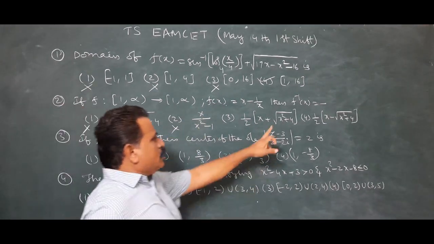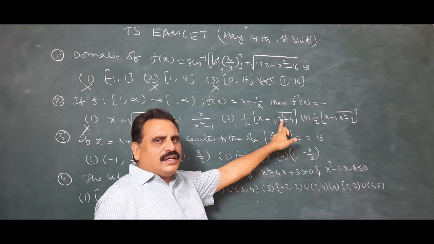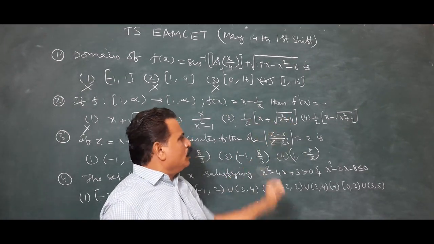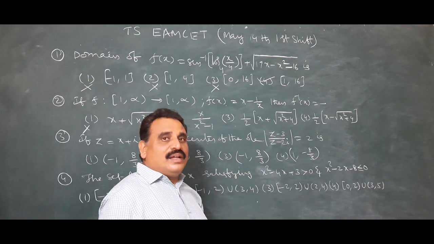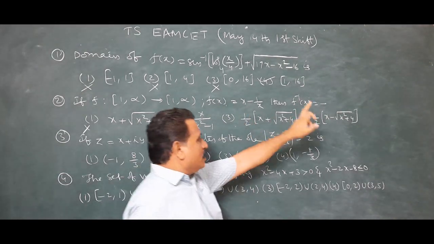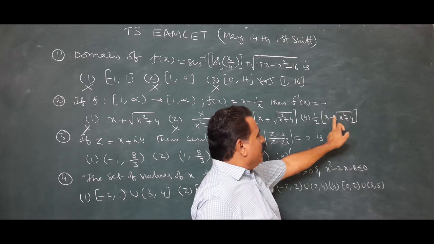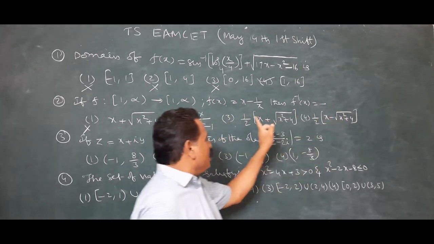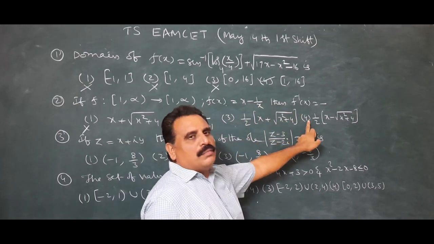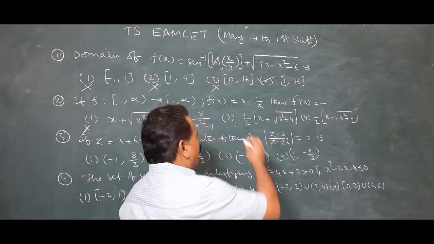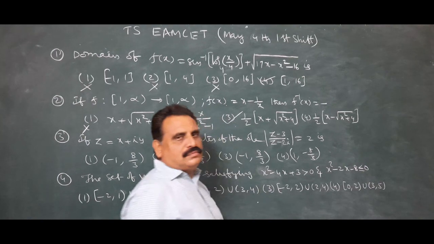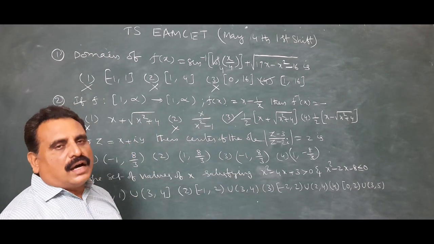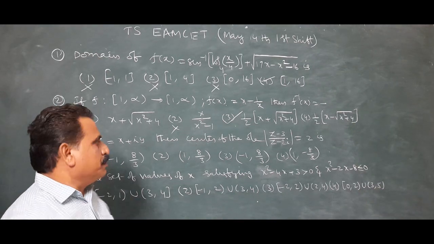Wrong. If you substitute x equal to 0, here root 4 is 2, 2 by 2 is 1. It may be correct. Now come to this one. It gives minus 2 by 2, which is minus 1, but here it should be 1. So this is the right answer. So by observing the options, we can easily decide the answer by verification.